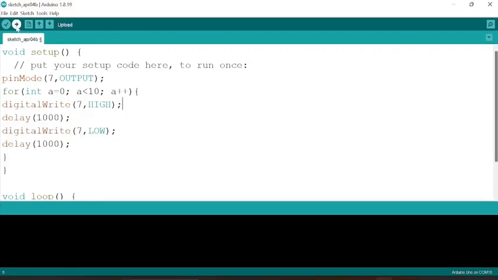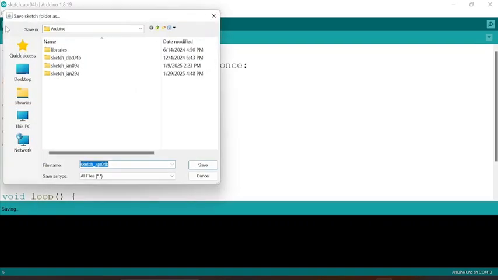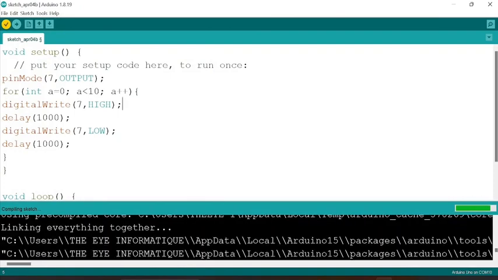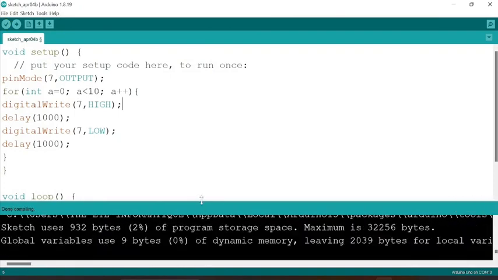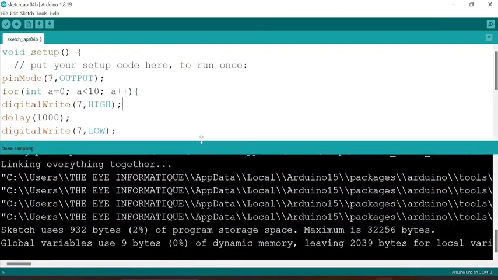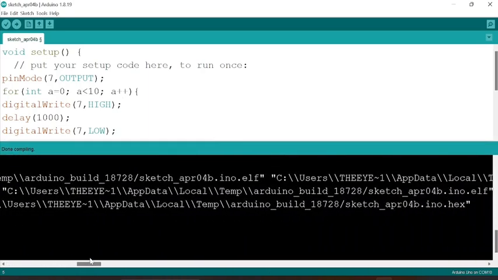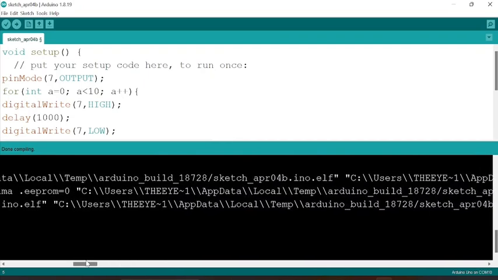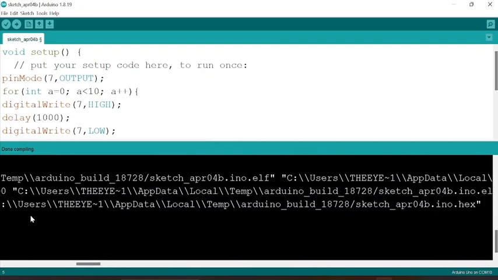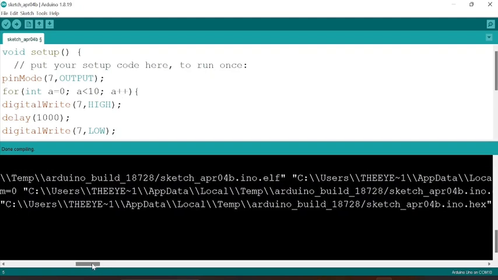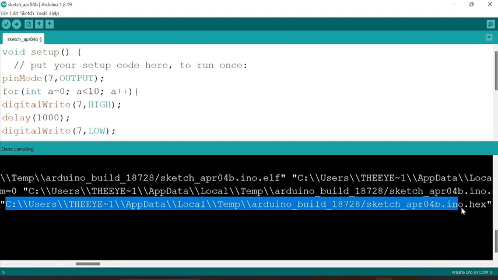So let's compile and see. Compile, save. I choose not to save; you can save yours. It's done compiling. Then you can load the hex file. I've shown you how to load the hex file. You can look at the previous tutorials, or you simply copy this. You see .hex here. You copy from C to .hex,